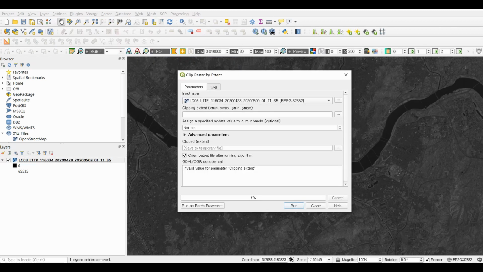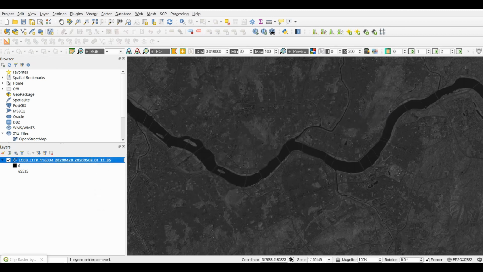Then set the input layer as the imported satellite image. Then in the clipping extent, click the Browse button and click the Select Extent on Canvas button.